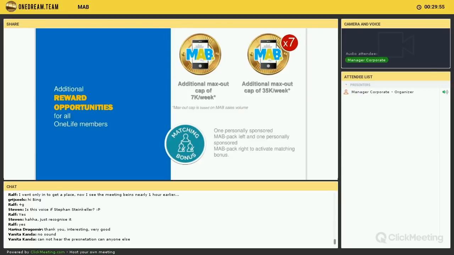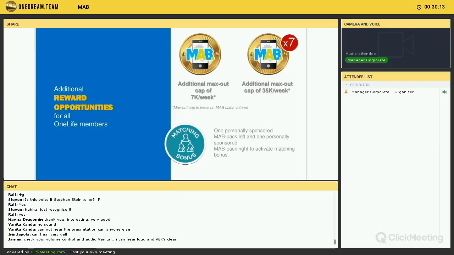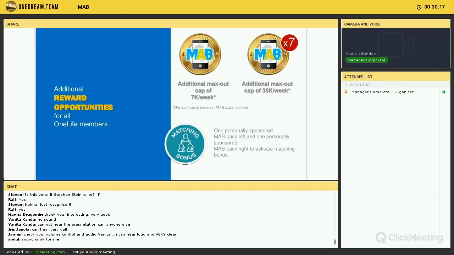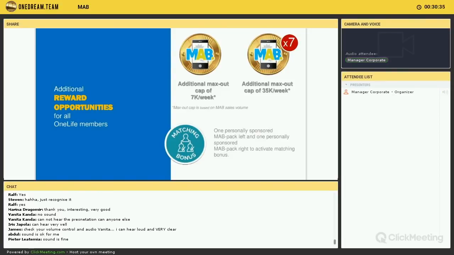So you will also here have a separated income stream by joining the mobile application builder. So if you do have a pack, you will also be able to generate commissions from the volume that is going into the network coming from the mobile application packs. Okay, if you do not have a pack, very easy, you will not profit from them. So by going for the smaller pack, you can have, in addition to your current max out on your position where the cryptocurrency educational packages get paid out, a separated income stream up to 7,000 euros a week,